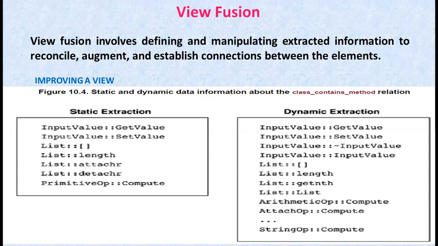So the list in this figure, which we are going to see in 10.45, shows the items which are to be added to the fused view. So in addition to the methods that the static and dynamic information agreed upon and those removed from it through including either the static or dynamic information. That picture we will see in the next slide.